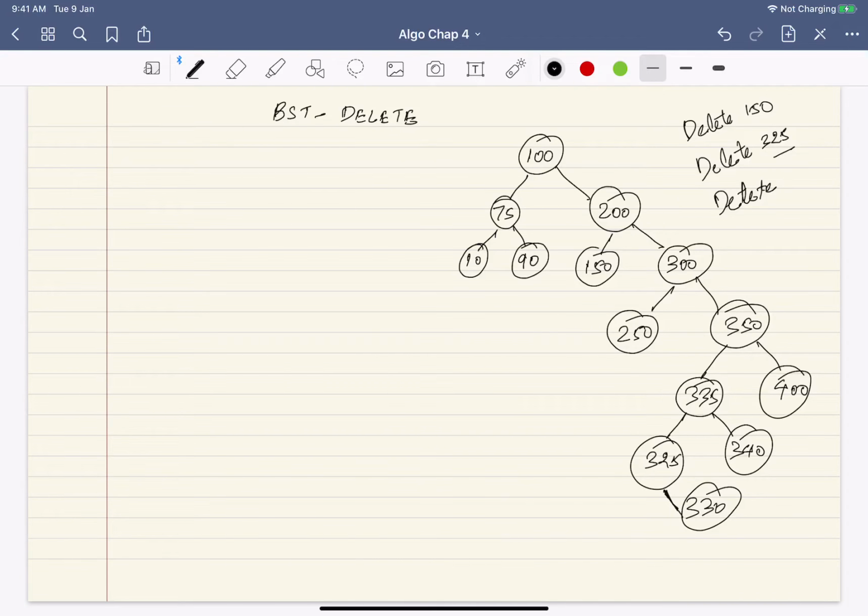Okay, so let's say I want to delete 300. What would happen in that case? You have to delete 300. Now, it's dangling, I cannot simply delete it, there are 2 subtrees below it. So what should I do? That is interesting. We will see in the generic case what I should do, but the idea would be to make a minimal change to the tree structure so that I preserve the BST property.